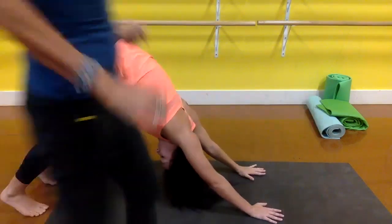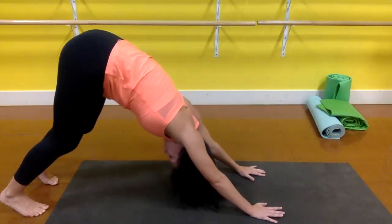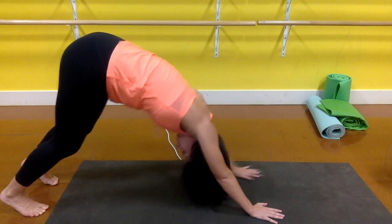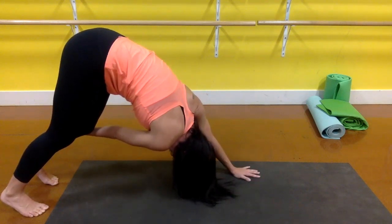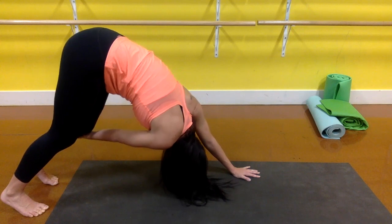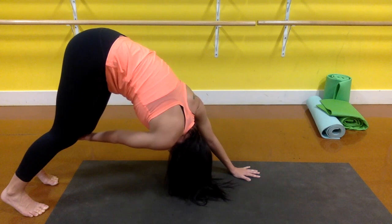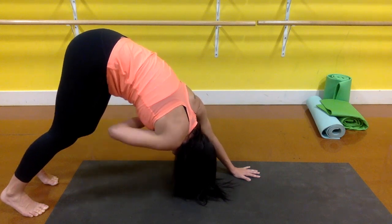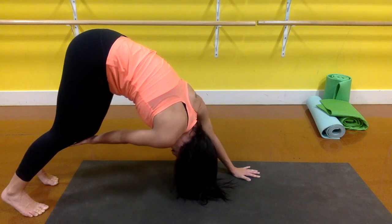Take your left hand to the outside of your right hand, the one you were just balanced on, to the outside of your left shin. We're going to take a twisting down dog here. Grabbing the outer shin. If that's not working today, just place your right hand underneath your chest, along the floor with your right fingertips, and then just bring out a turn to the left